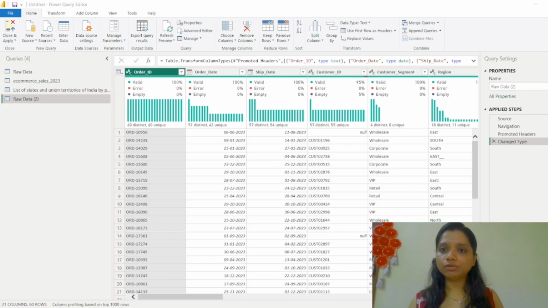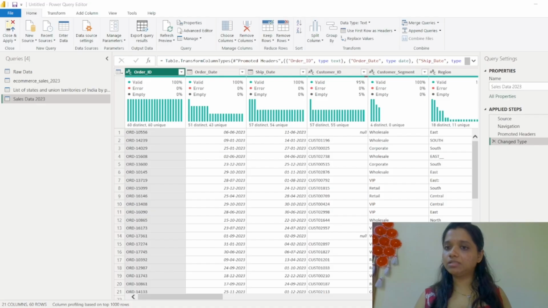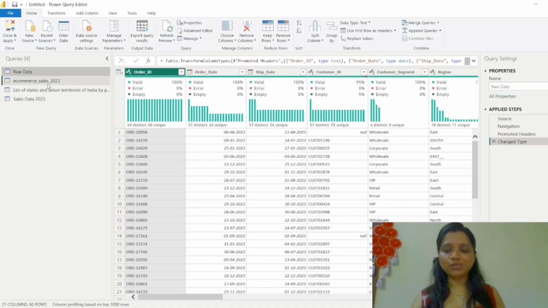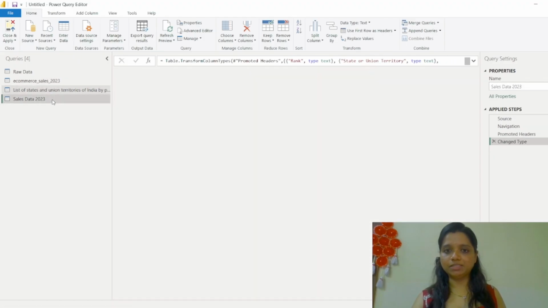So let's quickly look at what the interface gives you. There is a name of the data source. You can change the data source name like this. Let's say I write raw data updated, or better, sales data. And since this is for only one year, I write 2023. On the left side, it contains all the different tables that you have imported in your Power BI file. You can click on each one of them and switch between these tables.